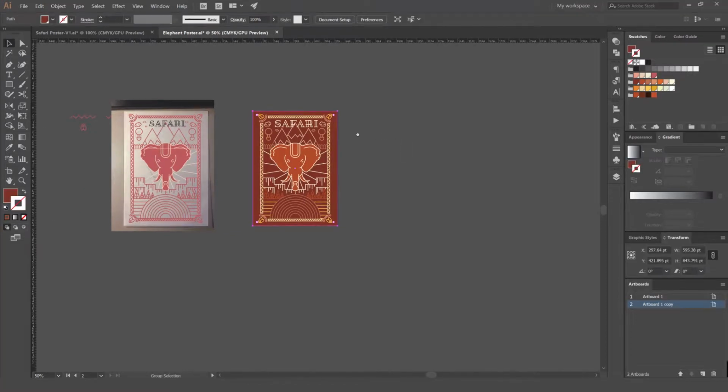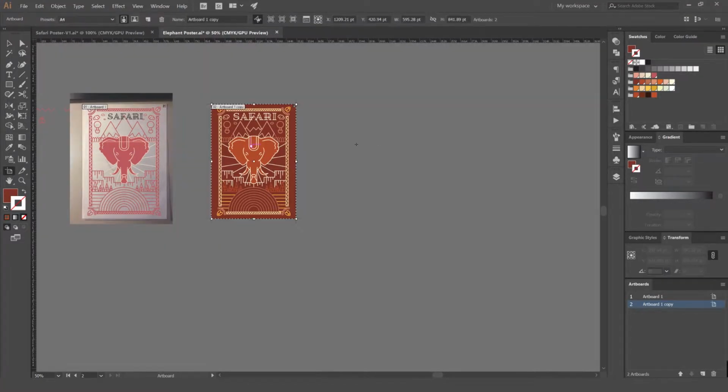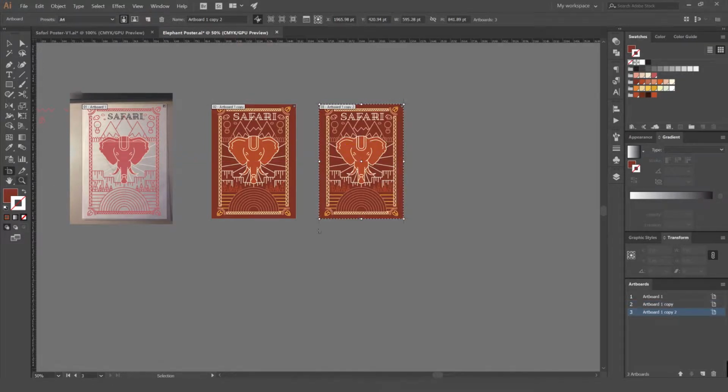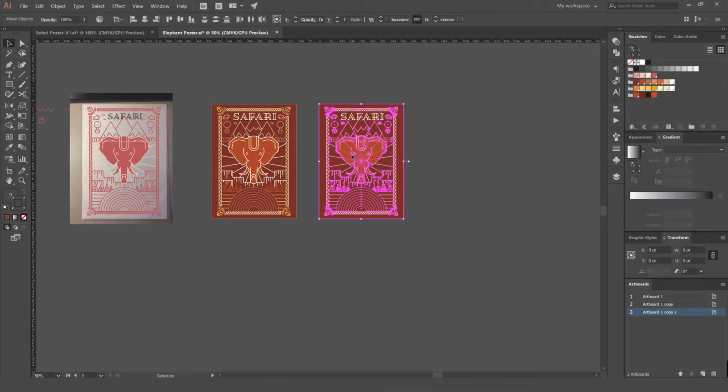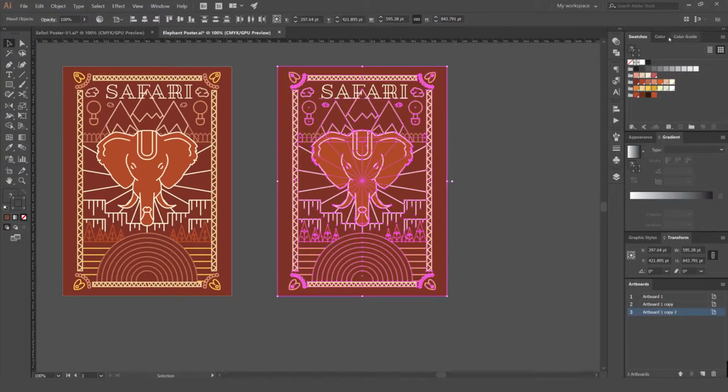And what we can do now, I'm going to show you how to create different variations. So if I just hold Alt and select the artboard tool in the bottom left corner, select that. And what I can actually do is select everything on my artboard. If we go to color guide, click this little color wheel in the bottom right,